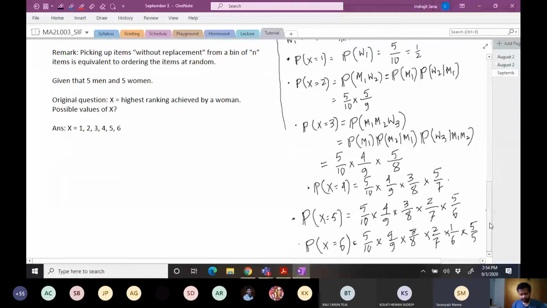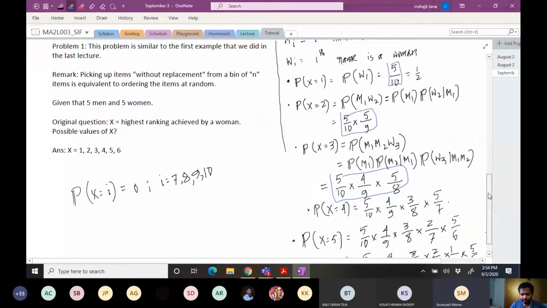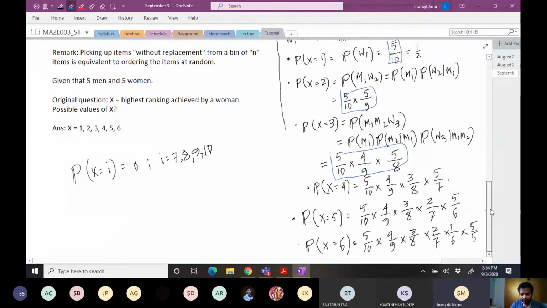Okay, sir. But sir, I think if we are summing the probability of x equals 1 to x equals 6, the full probability, it is not giving 1. So somewhat less than 1 it is giving. If you sum the probabilities that I have written here, starting from 5 over 10, 5 over 9, and these probabilities, you are not getting 1. Sir, I may be wrong, but I checked twice and I am not getting it. So I have not checked that,